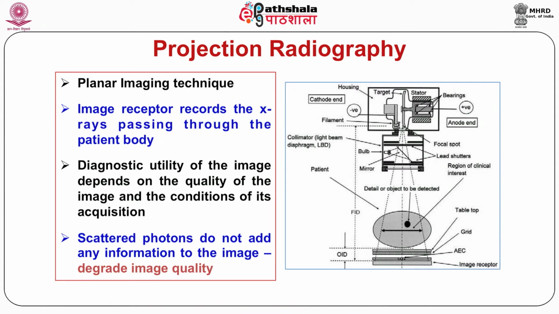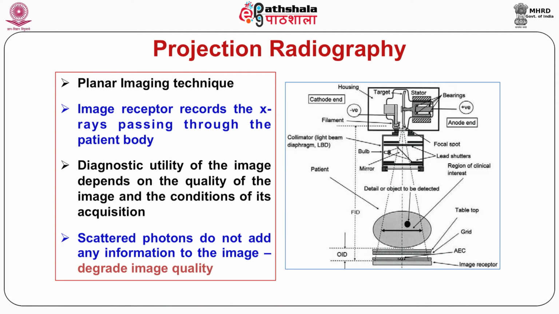The X-rays, both primary and scattered, that pass through the patient body are recorded by the image recorder, that is a radiographic film. The diagnostic utility of a medical image so obtained depends on the quality of the image and the conditions of its acquisition. The quality of the image acquired is basically a compromise between the ideal requirements and practical